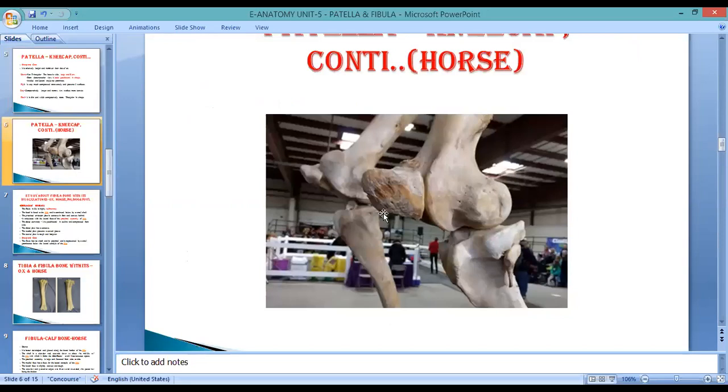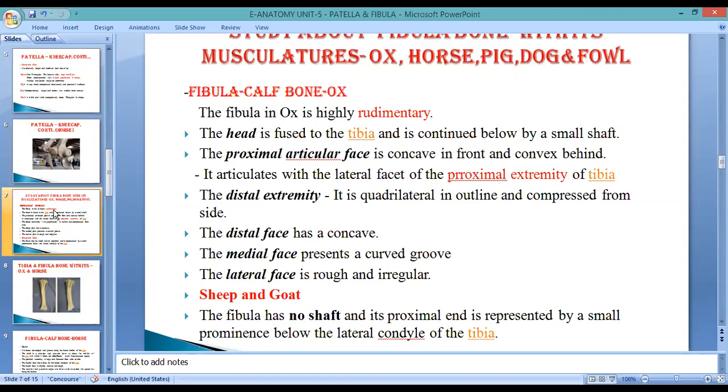So what is this bone? Aspi, can you tell me the name of this bone? Yes. Pardon? Tibia. Tibia, right? This is the tibia. So this is completed up to this structure of the horse. I think this is completed.